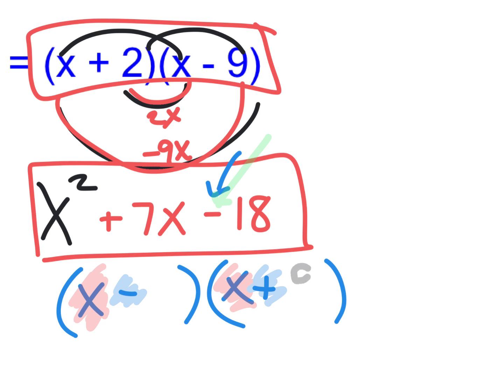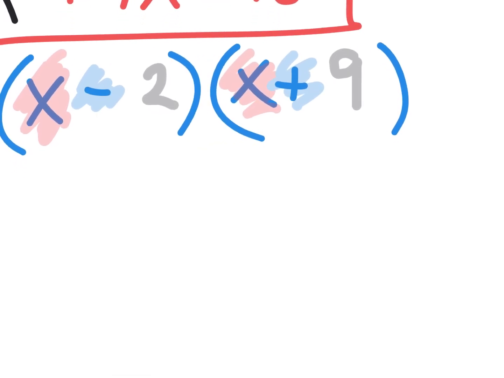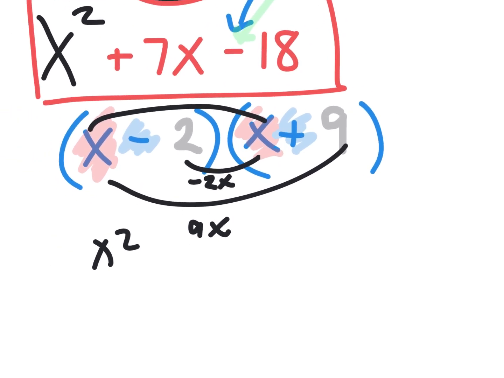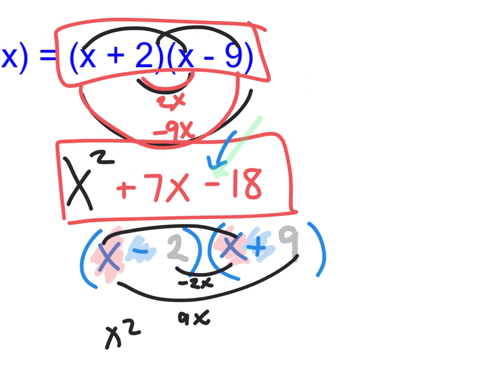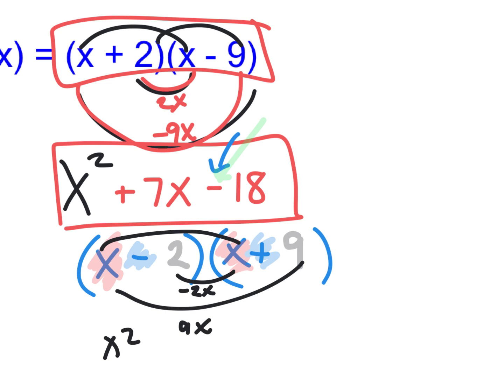And I'm going to, on purpose, put them in the wrong spots just to show you, you don't know until you check it. You're going to check every single answer this time because it's part of factoring. And you go, first, x squared. Outside is plus 9x. Inside is minus 2x. And oh, crap. Oh, wait, I did do it right. My bad. I thought I did it wrong. What's going on? I'm a little confused. I thought it was supposed to be